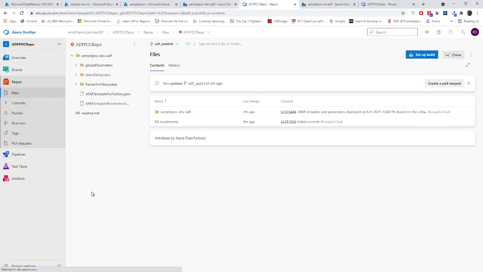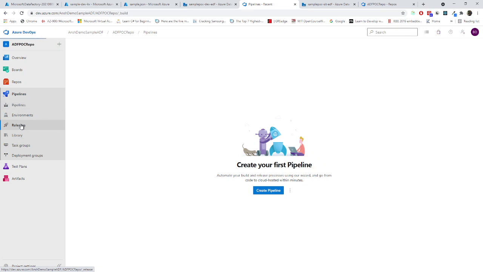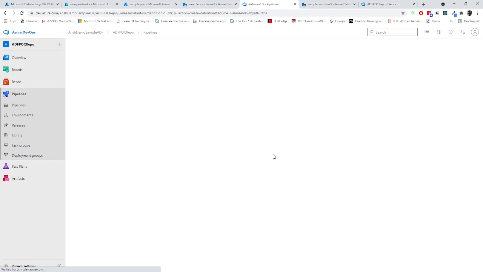So if we go here, now we are creating a release pipeline. So I'm just pointing to release. Hopefully everything will go well, because for some reason Microsoft has changed some of the free tier subscription facilities.